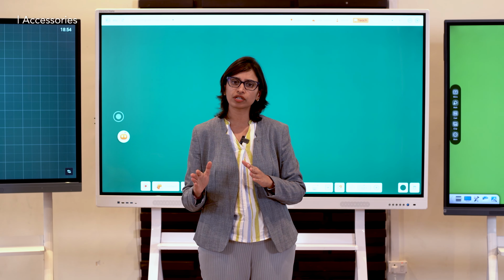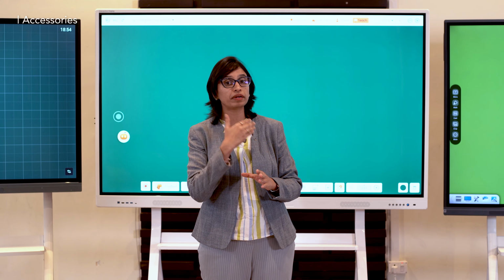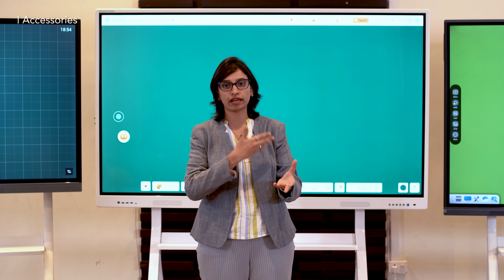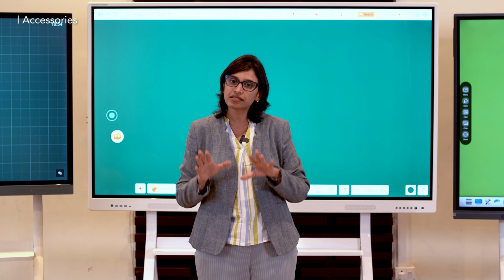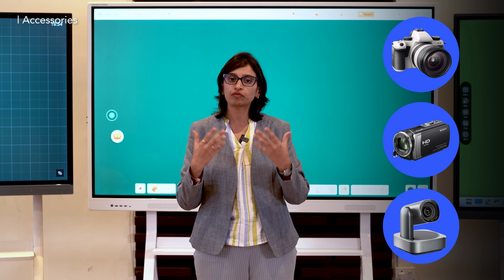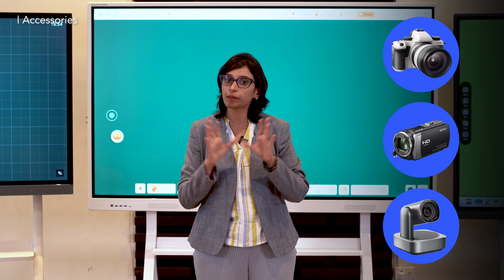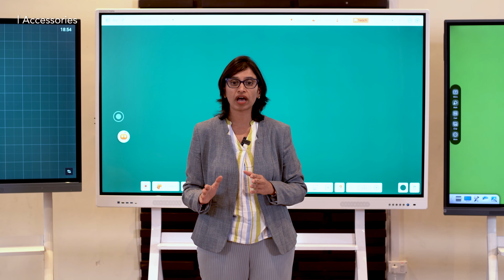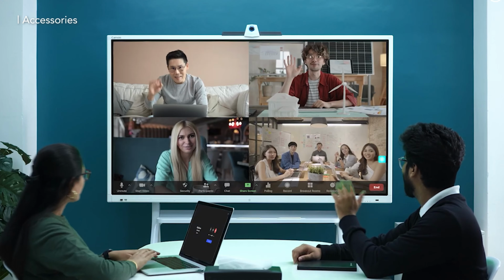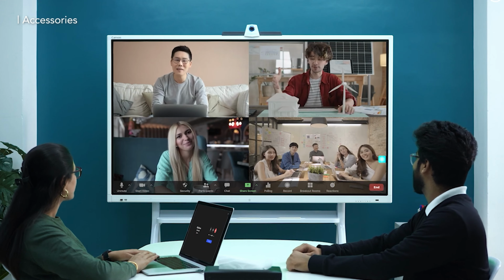Since most of the teaching is going to happen on the digital board and the built-in camera is going to capture the front view, it's ideally not useful to record your display. Instead, consider having an external DSLR or a camcorder or a PTZ camera, which will usually capture the lecture in a perfect way. If you still prefer to have a built-in camera, choose a model that includes this feature. Otherwise, you can always add an external camera as an upgrade.